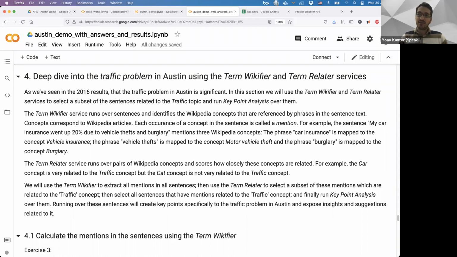Someone asked, how do we extract key points on our own data? You use our service, upload your data to our service, and run key point analysis. Maybe you meant on sensitive data that can't be shared. Was that what you meant?